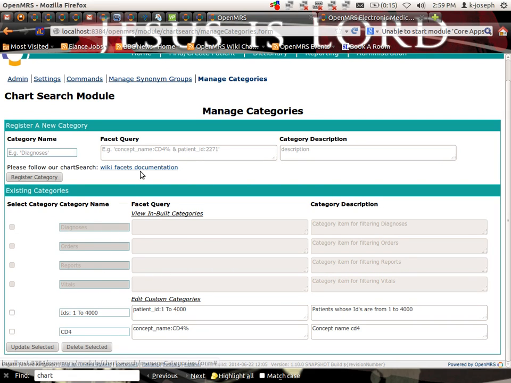I'll be writing a wiki facets documentation which will demonstrate how to write facets or facet queries. And a brief background about facet queries: Solr provides us with a way to filter categories of returned results through faceting, or Solr faceted search. The way it works is when we define fields in our schema.xml file, when we return the results after searching, we can normally